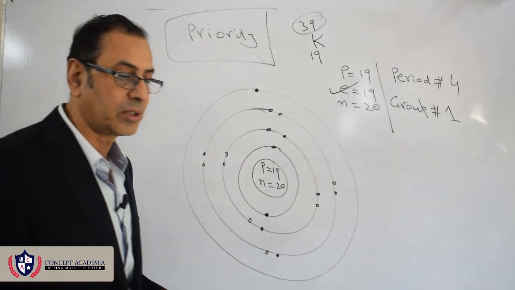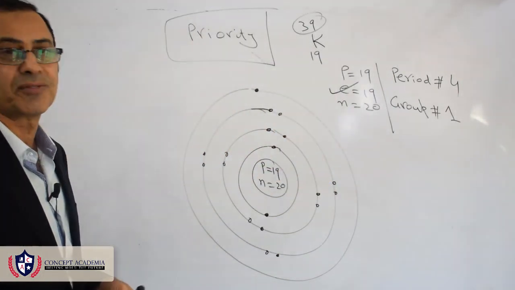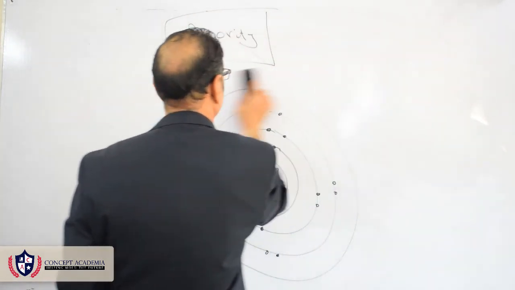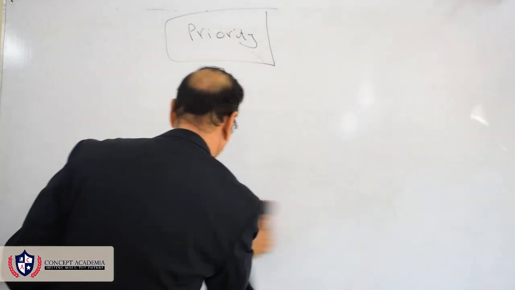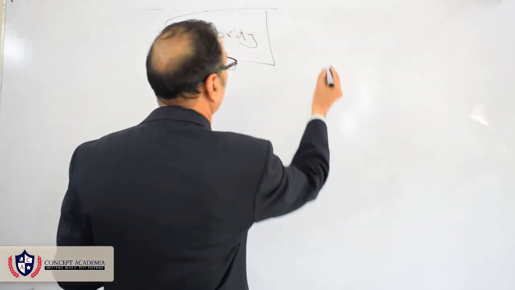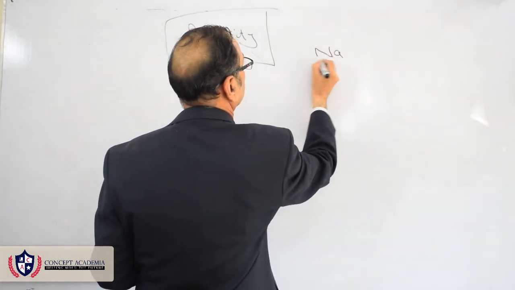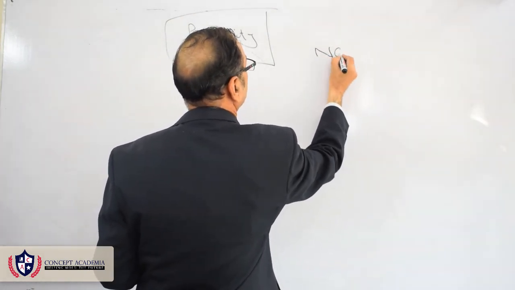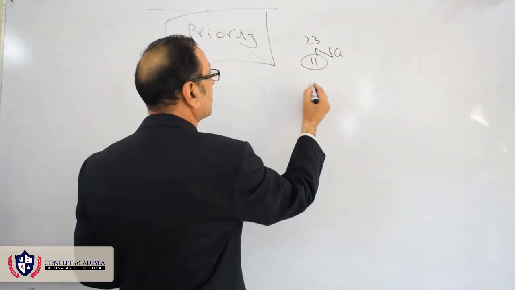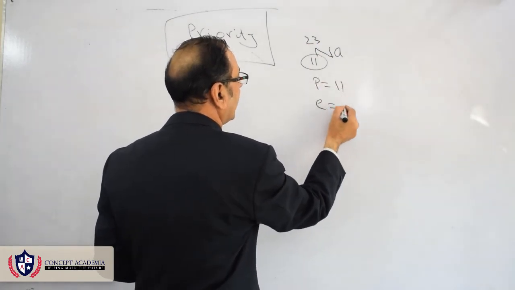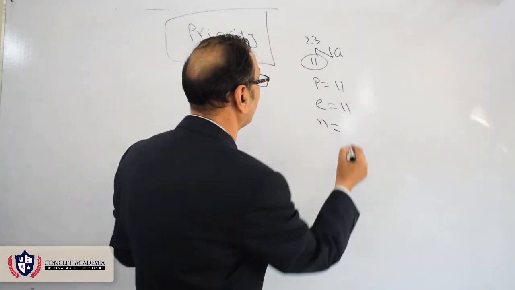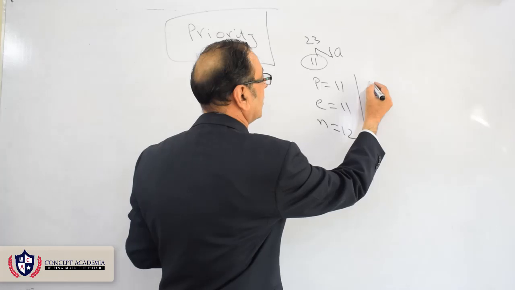So I am going to draw the electronic configuration for sodium. For sodium, it is 11 23. So this is a smaller number. Smaller number means the proton number. Protons are 11. Electrons are also 11. Neutrons are 23 minus 11, which is 12. And period number,